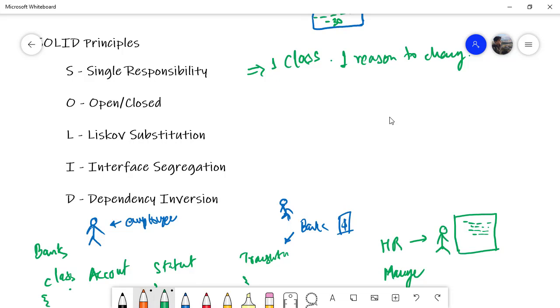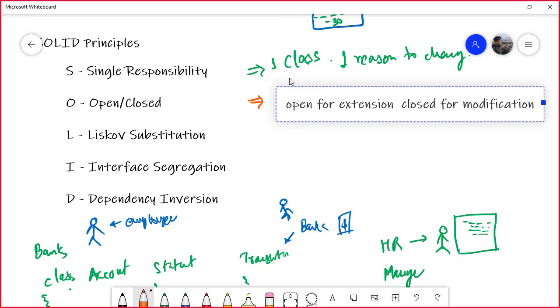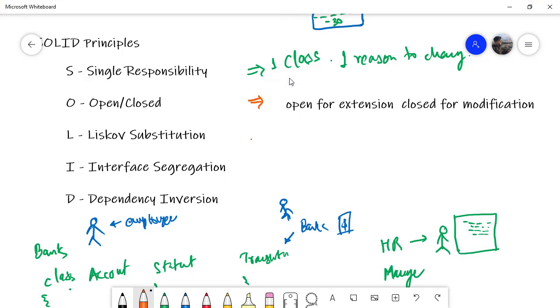The next principle is the open close principle, and it says that an application should be open for extension and closed for modification. Right now, there are four keywords here. One is open, second is close, third is extension, and fourth is modification. Extension is giving your application an ability